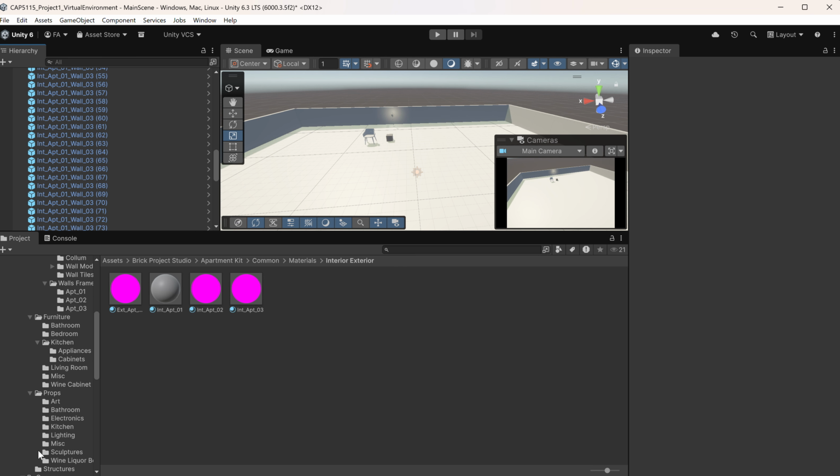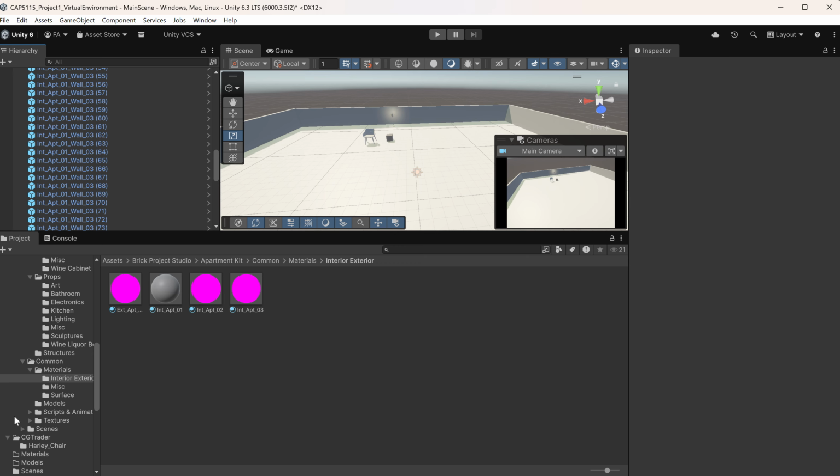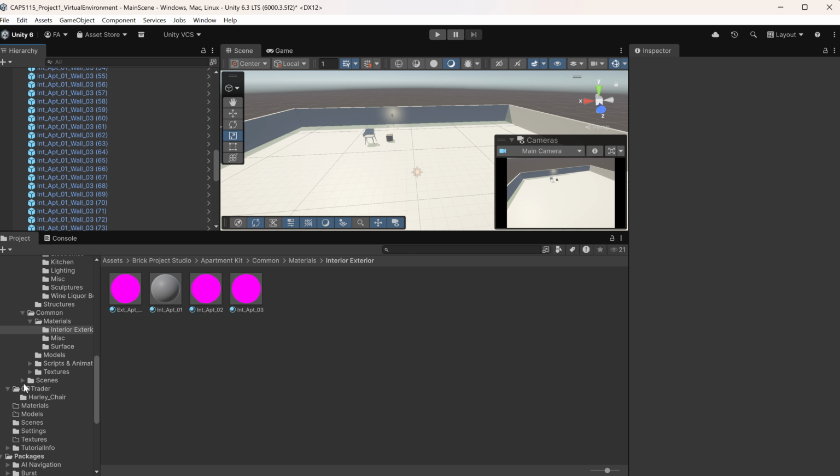And I also have external assets like the chair. I got it from CG Trader. The chair model was imported from CG Trader, and I used a 1 meter